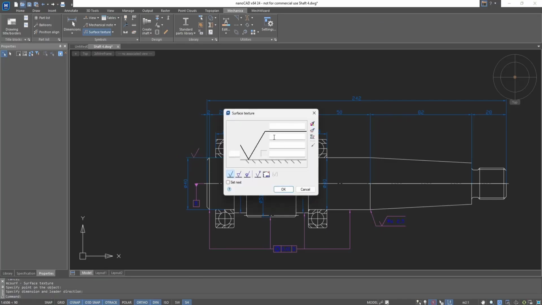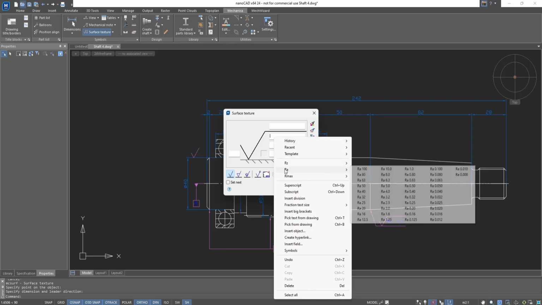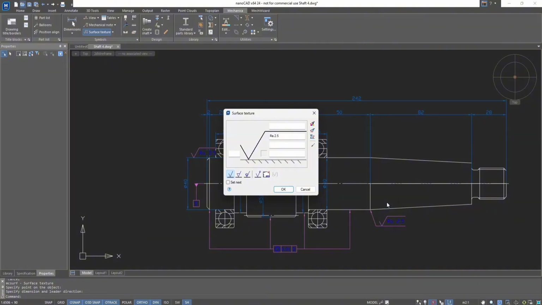In the window that appears, call the context menu by right-clicking in the field below the shelf and select the roughness value, roughness average 2.5. Surface roughness is measured in micrometers, in thousandths of a millimeter, and can be evaluated by roughness average or roughness depth, where roughness depth is the profile unevenness height for 10 points, and roughness average is the average arithmetic profile deviation. Accordingly, the smaller the roughness, the better the part's surface and the more difficult it is